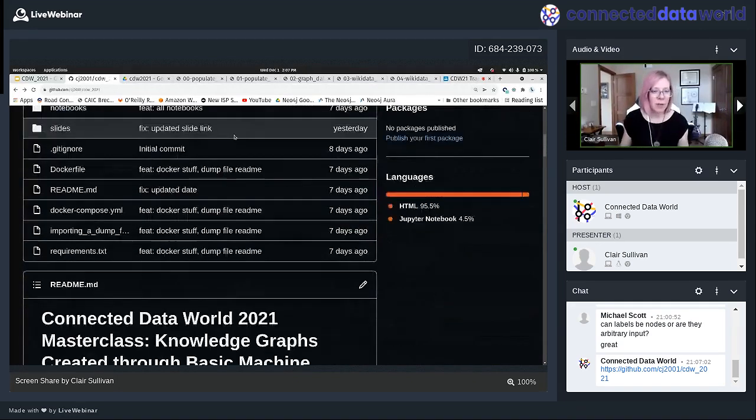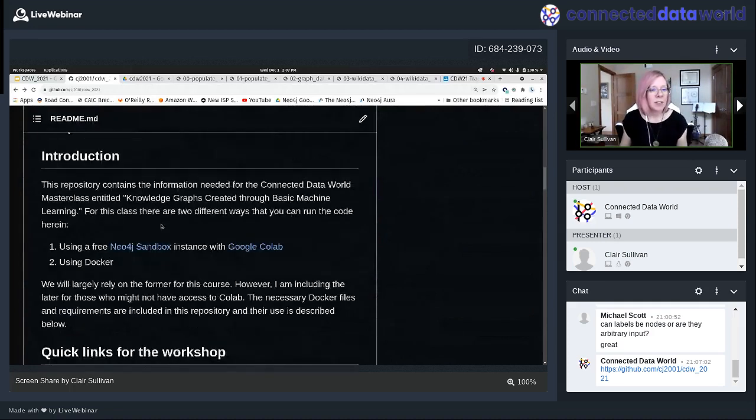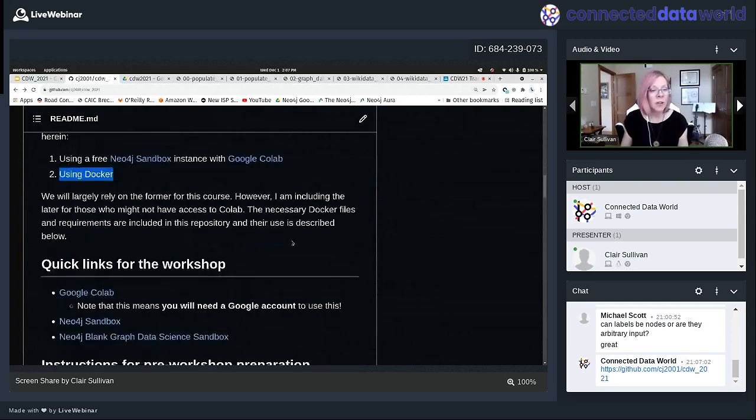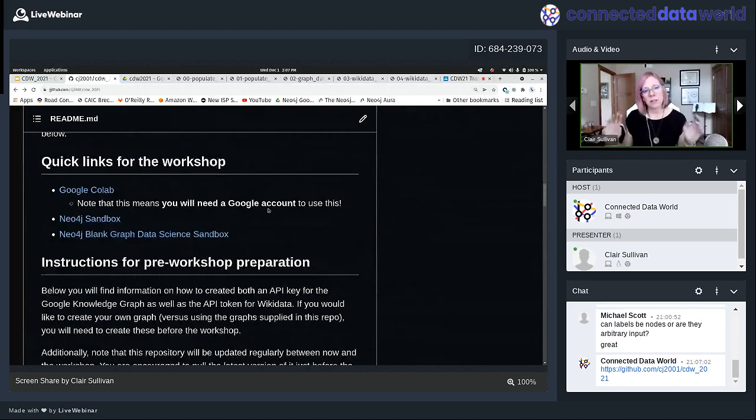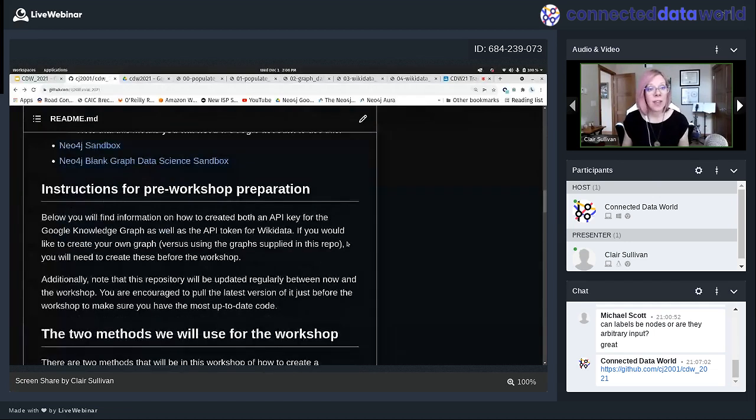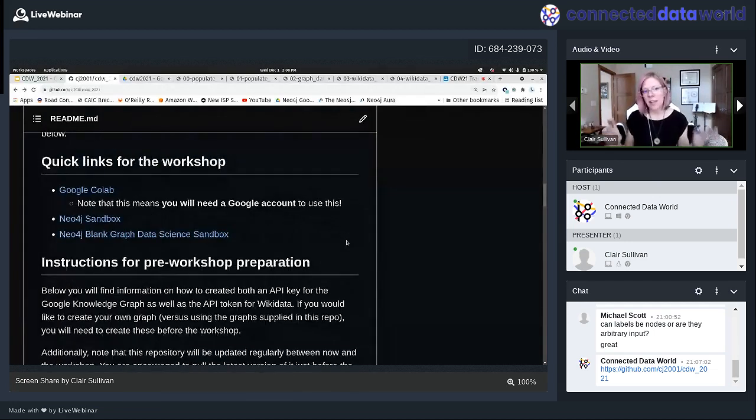This is just our repository for today, and of course, we should start with our README. I have links to what we're going to be using today, Sandbox and Google Colab, but you could also be running this using Docker. Those files are here. I'm not going to talk about how to do it today, but the instructions are in the README. In particular, the Neo4j sandboxes come in a few different flavors. We're going to be using a blank sandbox. We're also going to use a blank graph data science sandbox. Those are two different types of sandbox. The blank graph data science one is kind of a hidden special sandbox, so you just got the super secret promo on that one.